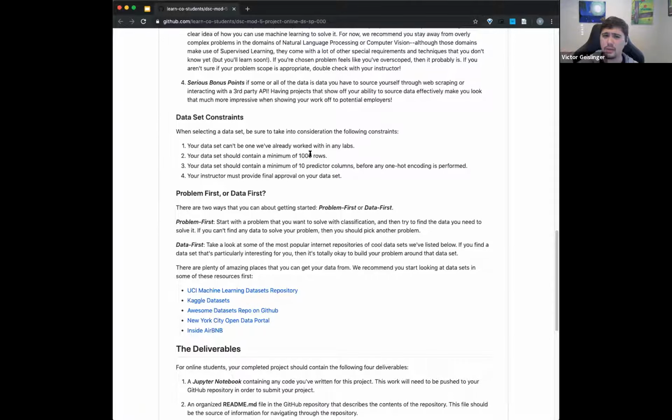Versus if you only have a small amount of data, sometimes it's just harder to get results from that information, or it's too easy in the sense that you'll get really obvious results and you're like, well, then what was the point of doing the project? Hopefully that makes sense.